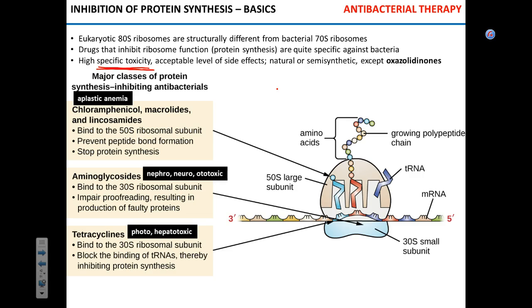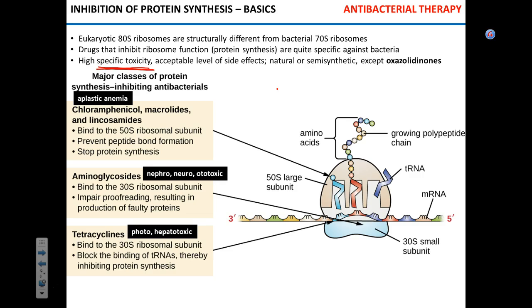If a drug has high selective or high specific toxicity. Good. So it kills one organism but not others. Does that make sense? So these drugs, since they are targeted, tweaked to interact with the bacterial ribosome,